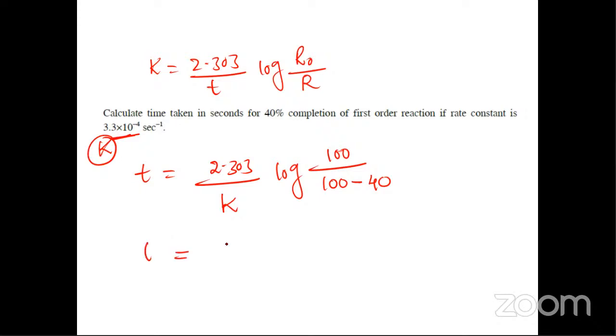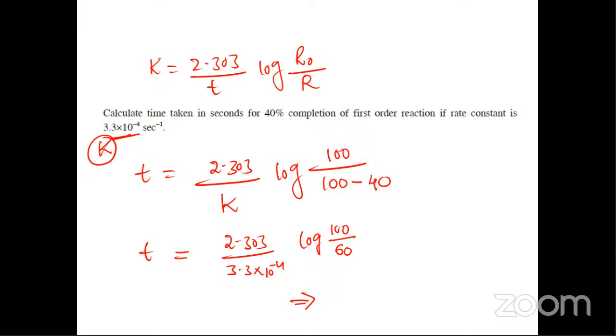So the time is equal to 2.303 upon 3.3 into 10 power of minus 4 into log of 100 by 60. If you simplify it, you'll get the time in seconds, as the unit is given in seconds. Okay, do the calculation. 2.303 into 3.3. Log 100 by 60 means log 10 by 6, that is log 10 minus log 6. Log 10 is 1. Log 6 is nothing but log 2 plus log 3, so 0.3010